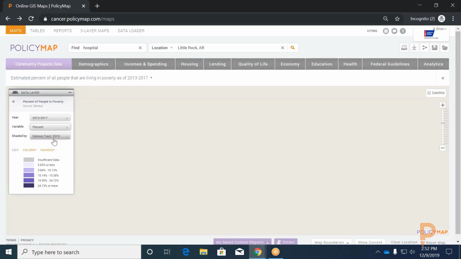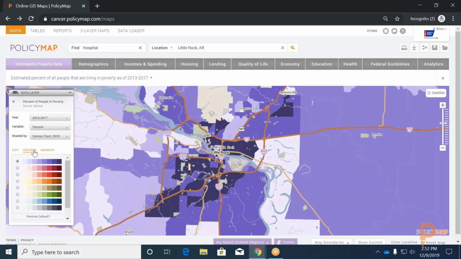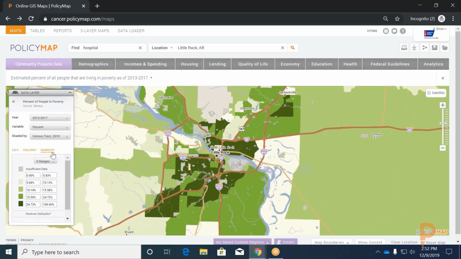And then there is also the ability just to kind of change around some of the visual pieces. So if you wanted to change your color and use kind of a different color ramp, you can do that. I tried changing that from the color dropdown. And you also have the ability to kind of modify your ranges if you wanted to, say like the bottom